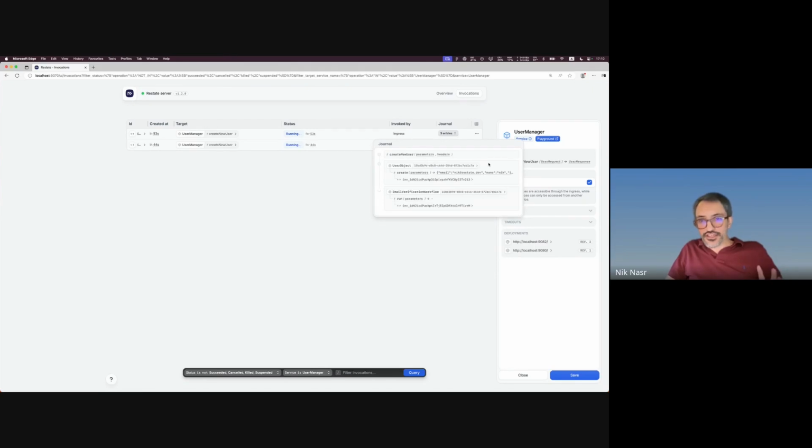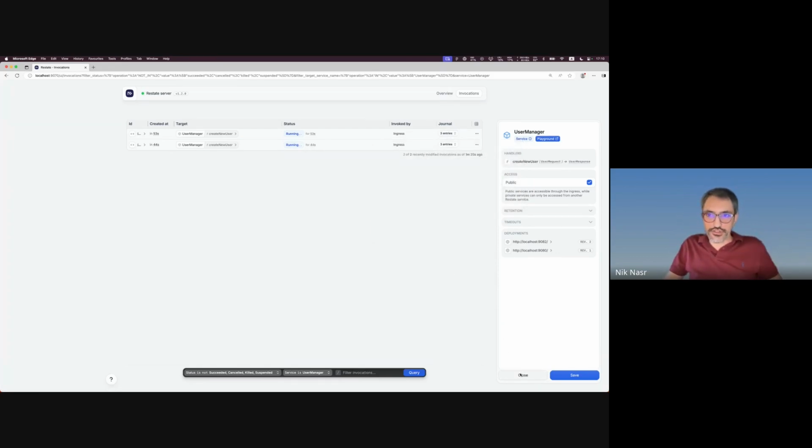As I suspected, that user manager actually created a user object and basically saves that information in a virtual object in Restate along with the user ID. And the email verification is basically the point of trying to verify the user email. So it seems like I sort of understand now how the system works. And now I want to try to add a new service to integrate with this